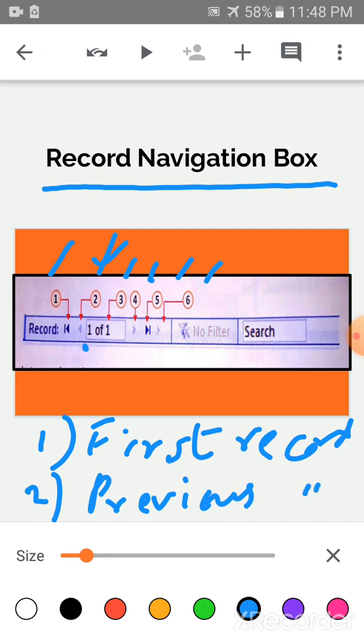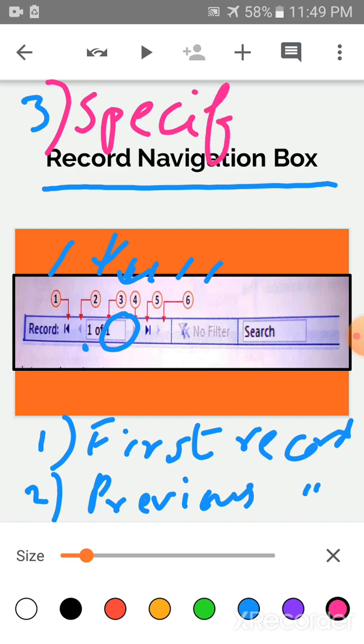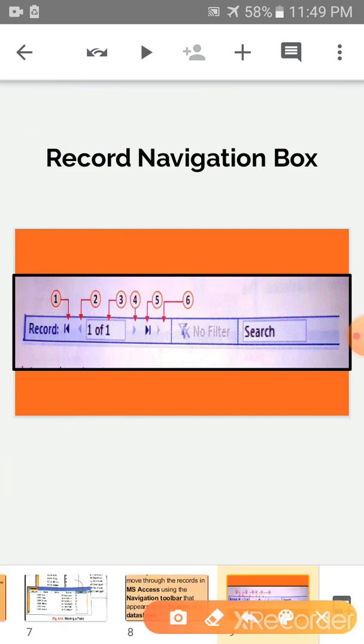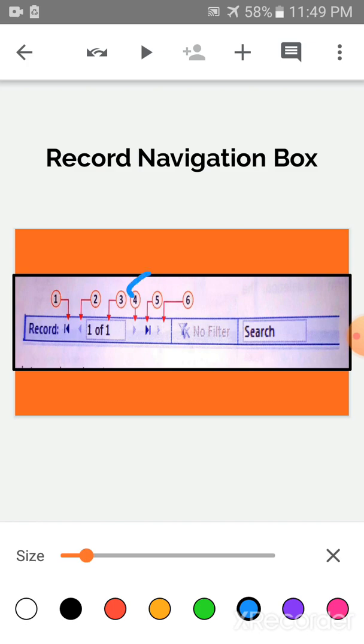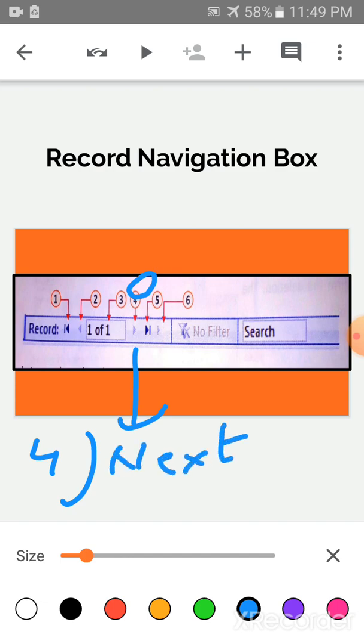Okay, children. Now, number 3 is for a specific record. If you want to see any specific record, then in number 3 you have to enter the specific record number. Okay, children. Now, number 4 is for the next record.